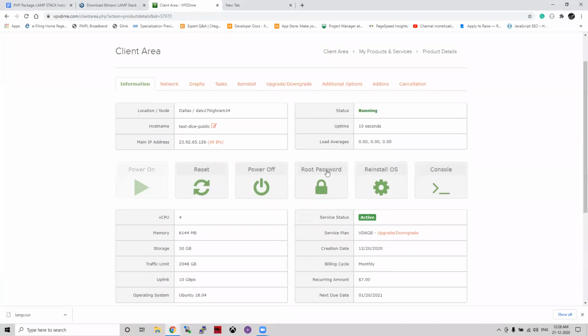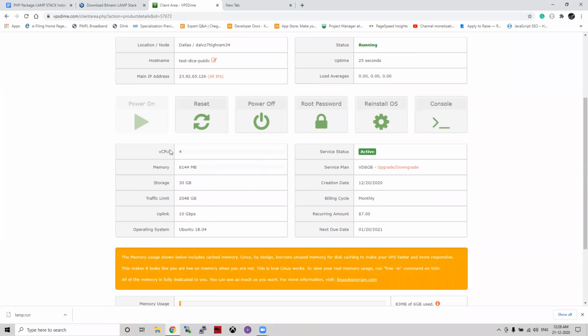So now they have given me these things, right? They have given me this IP and this hostname, and you can see here it is active. It is running, 10 seconds ago it started running. So it is very fast. Once you have made your payment, you can see all the stuff, like the vCPU, this virtual CPU, and memory is here, 6 GB RAM, which is a good thing. Storage is also 30 GB, which is more than enough for your test purpose, because it is a test or learning purpose server only, right?